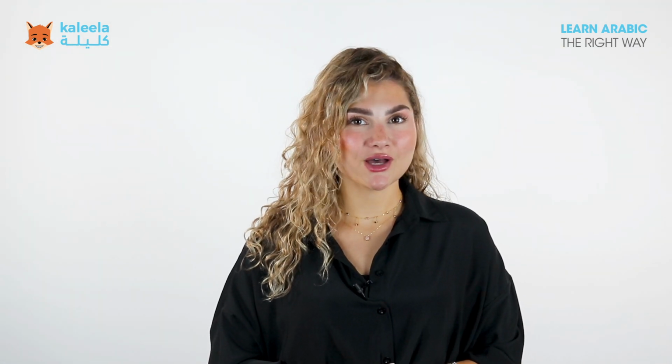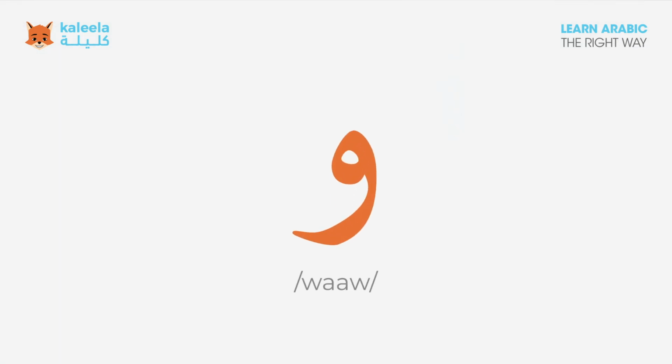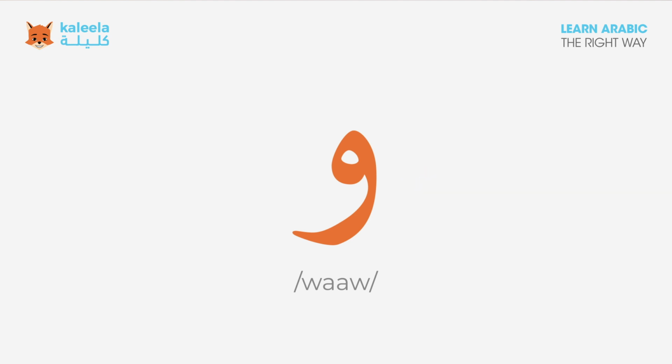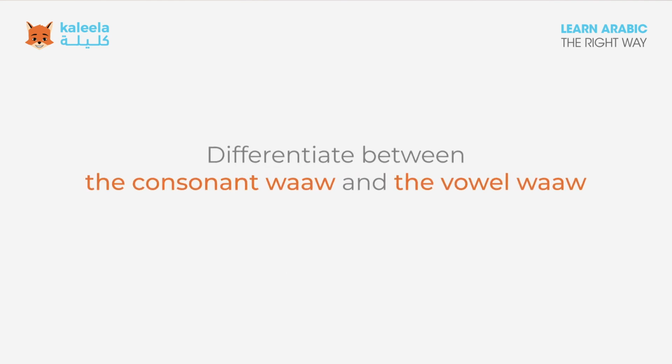Now moving on to our topic of the day, where we will continue to talk about the Arabic alphabet and learn a new letter, which is the letter waaw. The letter waaw can either be a consonant or a vowel. It depends on the presence of this symbol, which looks like a small inverted 2 called Hamza, or if it has a diacritic. For now, let's take a look at how to differentiate between the consonant waaw and the vowel